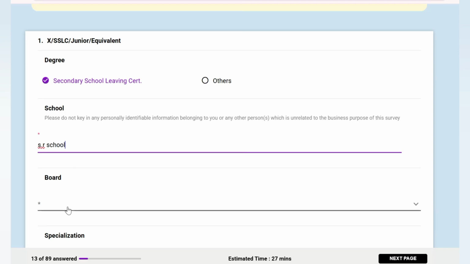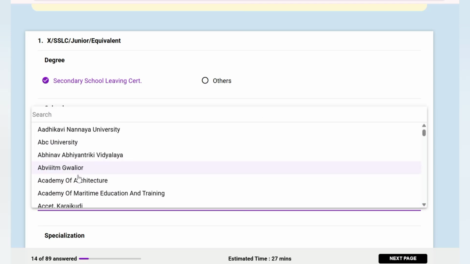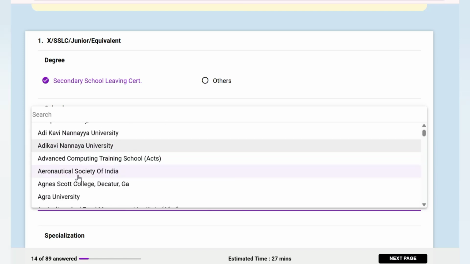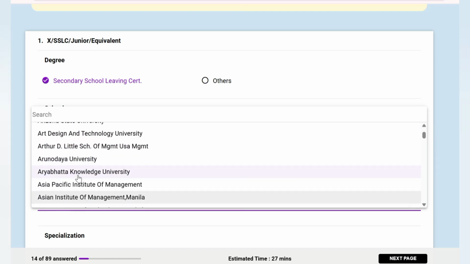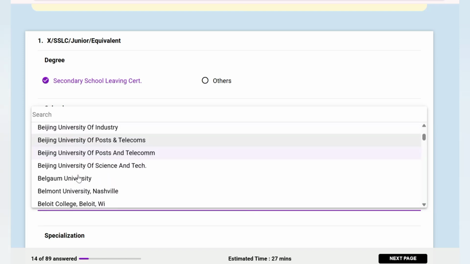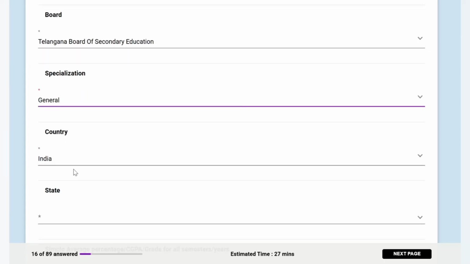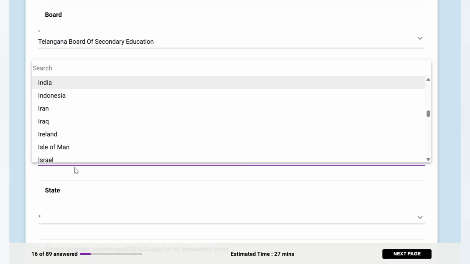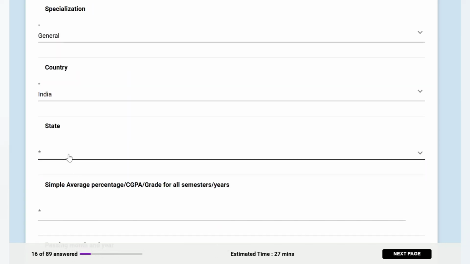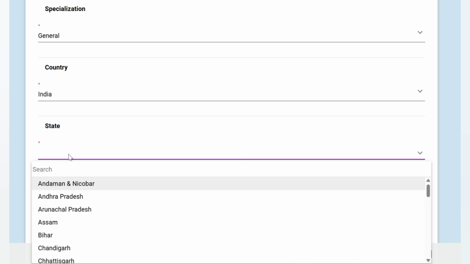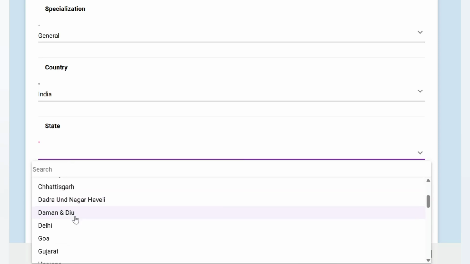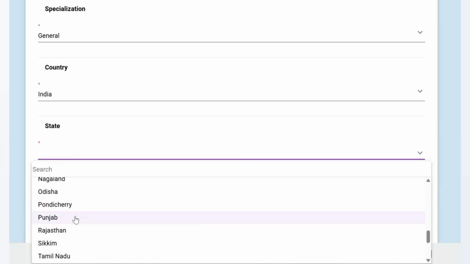Okay, then here you need to select the board where the school belongs to. So my board name is Board of Secondary Education. Okay, and then here you need to select the specialization in your school. So I'm taking general here, and then here you need to give the country you belong to. Okay, then the state where you have completed your education. Okay, so the state is Telangana,